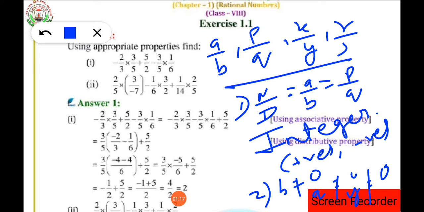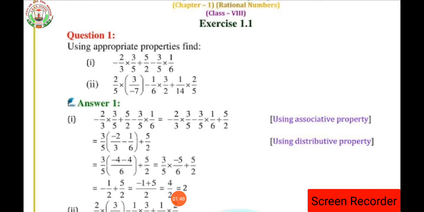In short, I can say that a number in the form of a by b is said to be a rational number when a upon b, that means numerator and denominator values, should be integers. Integers can be positive or negative. Second condition, the denominator is never 0. That means the value of the denominator will never become 0. Clear? But the value of the numerator can be 0, because we are talking about an integer, isn't it? In this way, we can define the rational number.